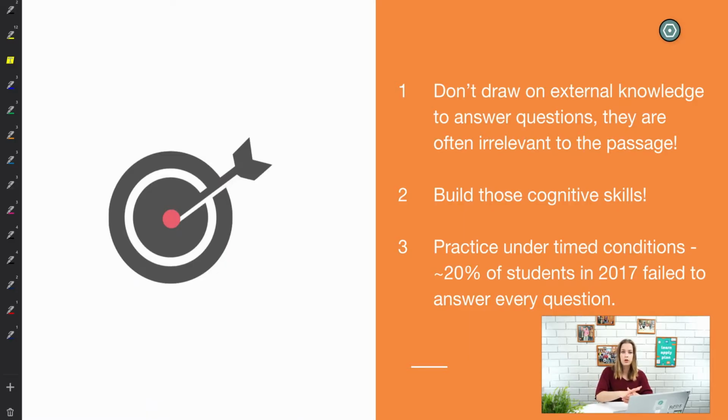As we've spoken about in some of these question types, it's really important that you're self-regulating as you go through. That's one of the key cognitive skills. A lot of the question types are based on fact versus fallacy, on opinion versus fact, differentiating between your opinion and the author's opinion. So you really need to be careful about not drawing on external information or knowledge that you already have, and also catching yourself before you bring in your own biases, because they're not particularly relevant to what the passage is saying.